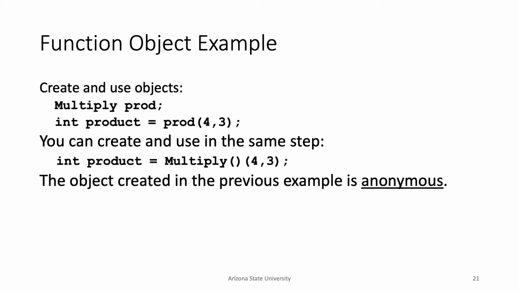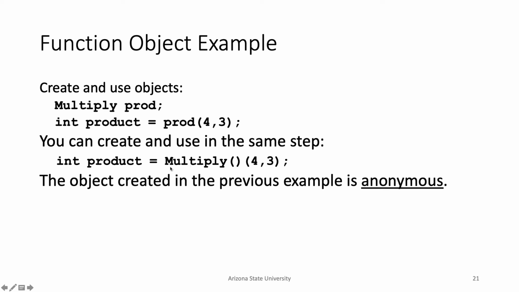So you may be wondering why we actually care about this. Here's an example, basically what we did before. I can make an instance of the class, and then I can call the function operator on it, and then pass the arguments just like before. So the interesting thing here is,